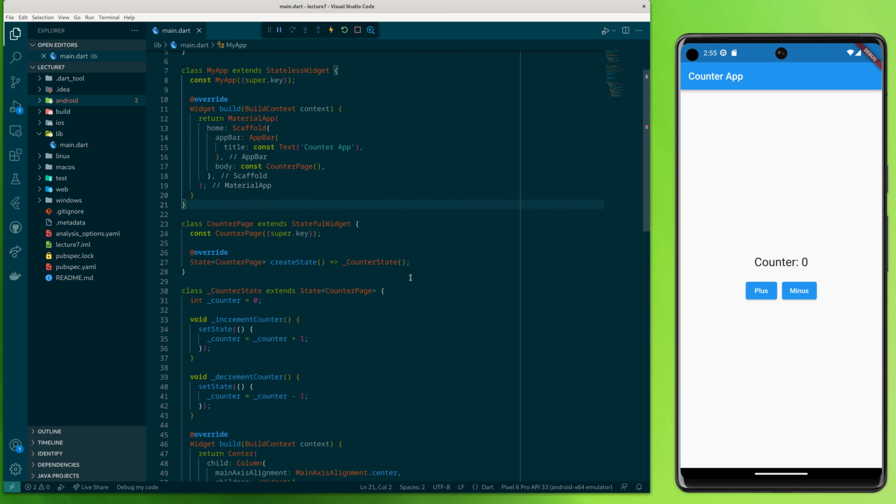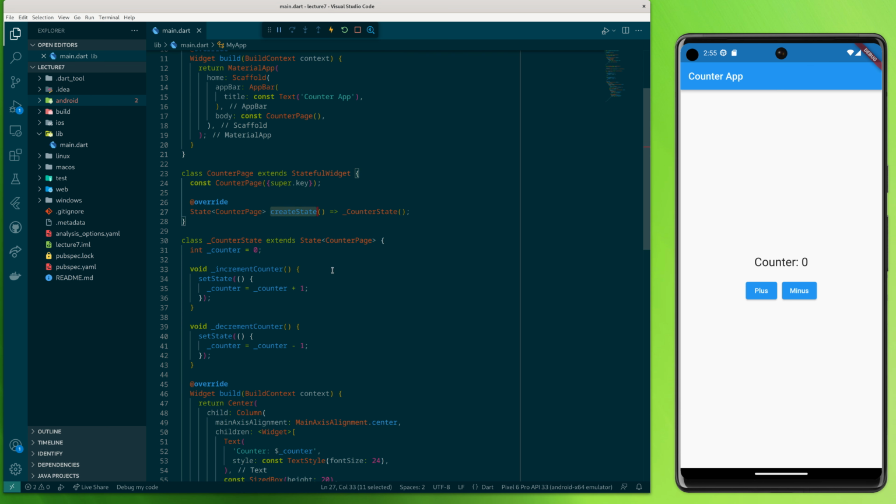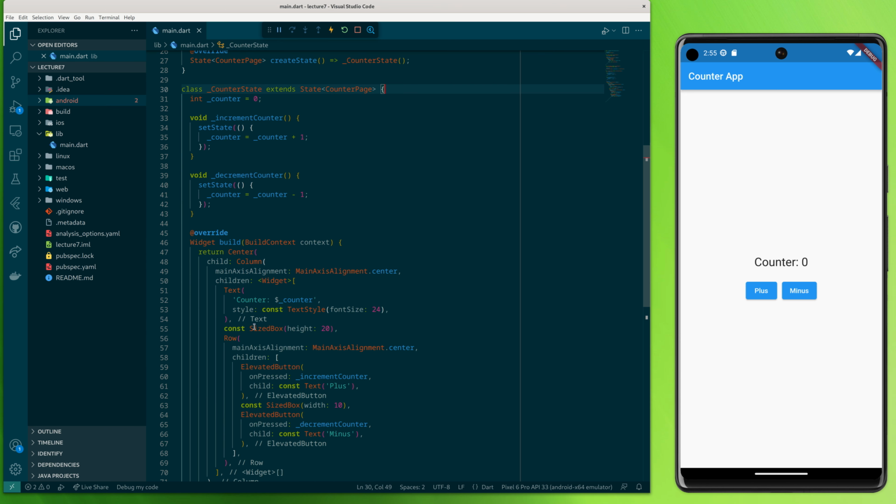And in this, we have this create state method, which is going to handle the state itself for us. But it also says that this one will return the counter state, which is a new class, this one over here,